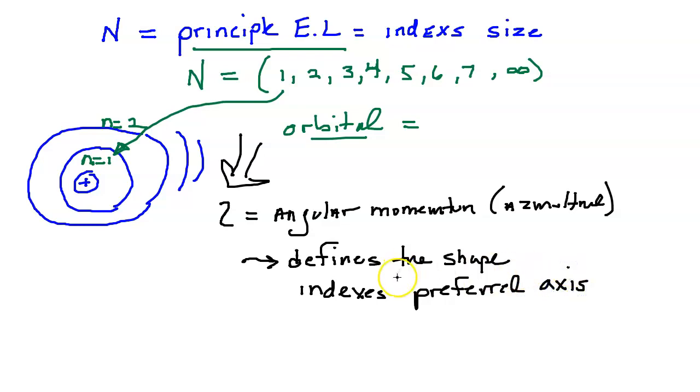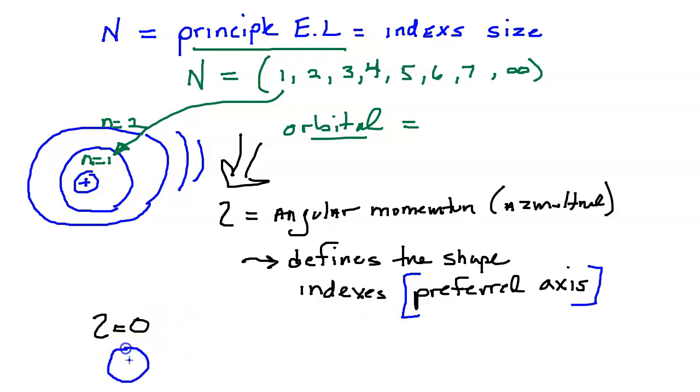Preferred axes. Let me explain what that means. How does it define the shape? Well, the number defines it. For instance, if I have an L number, azimuthal, equals 0, what does this mean? Well, this means that I have 0 preferred axes. So the number defines how many preferred axes the shape has. When this equals 0, you have 0 preferred axes, and you should know the shape with 0 preferred axes